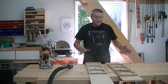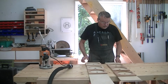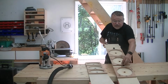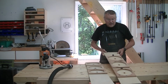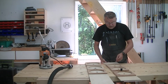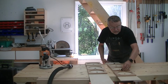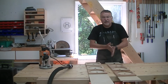The reason why I have 2 is because these plates take too much room. Now the second jig, one of the benefits of it is I've got extra holes in here, let me just show you this, so that I can put the bench dogs in and actually line up the jig properly. So all I need to do is line it up, put these bench dogs into the holes, and my base is at least lined up. I'll just use a couple of clamps, secure it in place, and then I'm able to route 3 holes at a time,